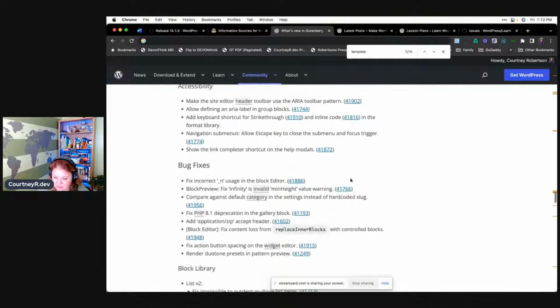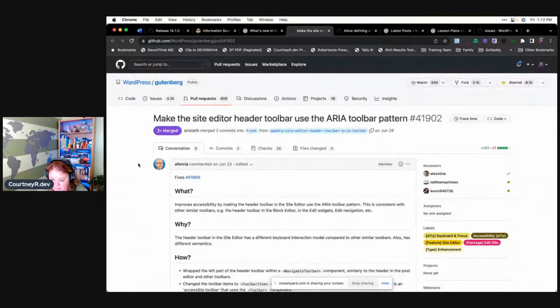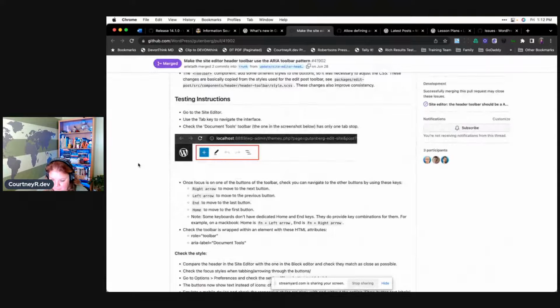Accessibility. Let's see what we got in accessibility. Make the site editor header toolbar using ARIA toolbar pattern. Allow defining ARIA label in group blocks. Keyboard shortcut for strike through. Navigation menus allow the escape key to close the submenu and focus trigger. Show the link completer shortcut on the help modals. Let's see. The tab key. Check the document toolbar. Okay, so